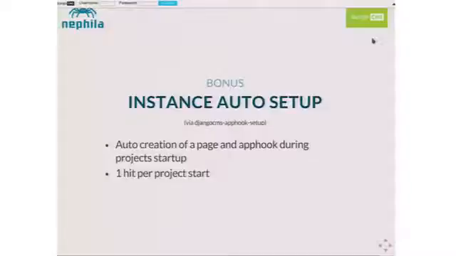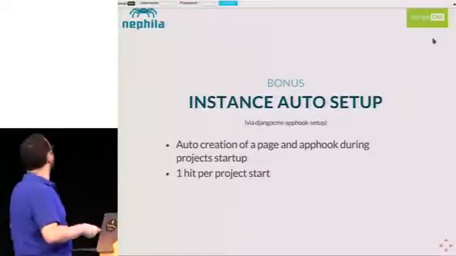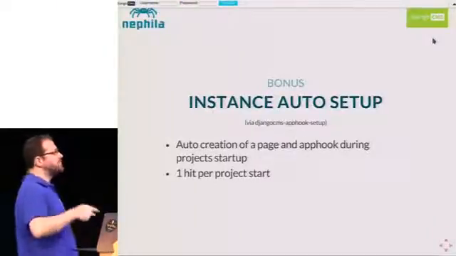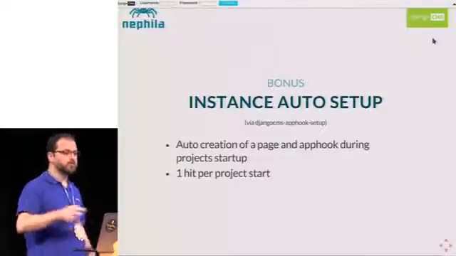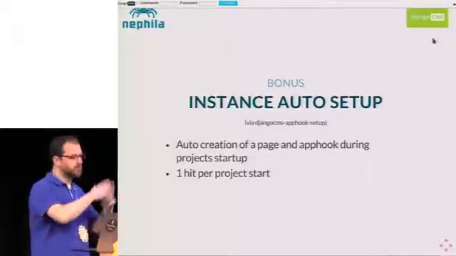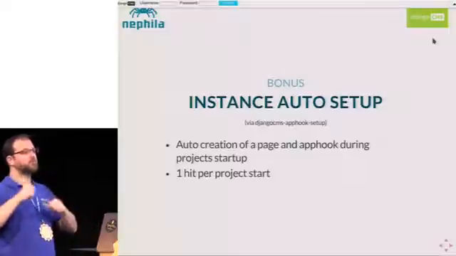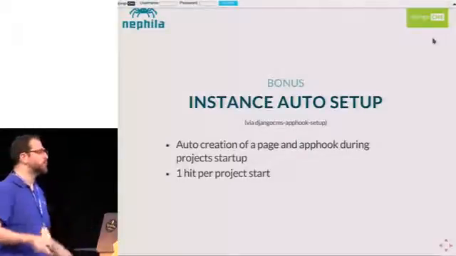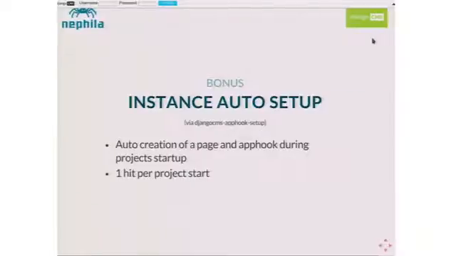And the last one, which is highly experimental because I worked on it in the past few days, is nice especially if it's the first time you are experimenting with Django CMS. Sometimes it's a bit boring to install the Django CMS application because you have to add it to installed apps and configure it like any Django application, but then you have to create a page, load the app hook, and do some initial configuration. With this application, it basically handles the auto creation of the page, the app hook, and eventually the app hook config model